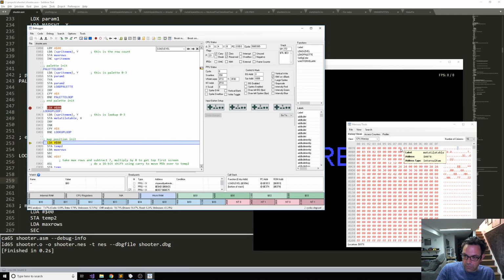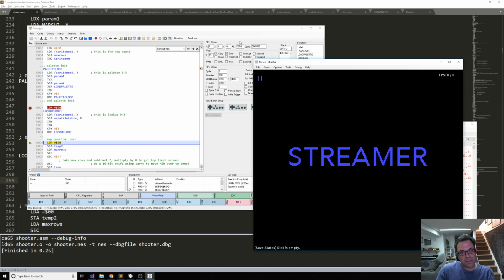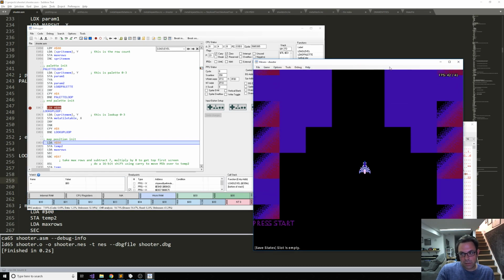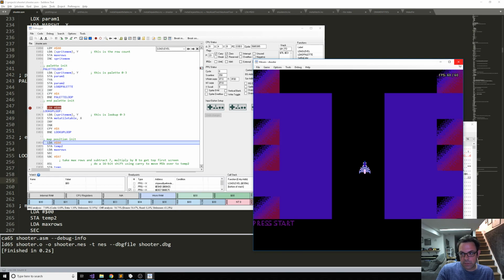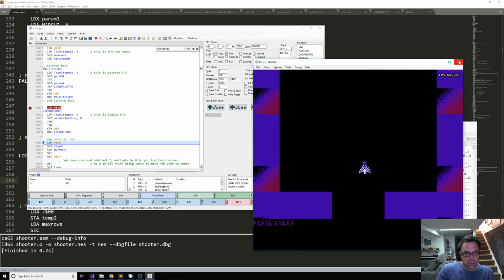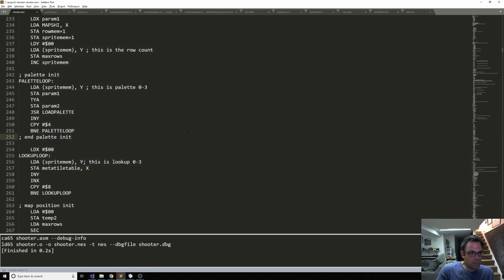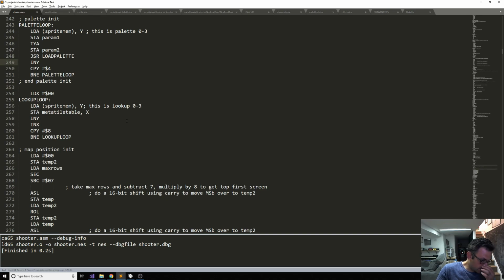Okay, good. So we got 1, 3, and 2 as our lookups, which is what you would expect. And that's working. And then all we need to do now that we have that lookup,